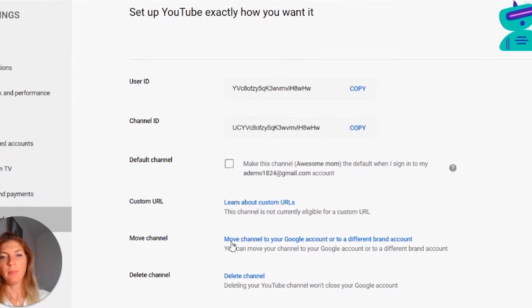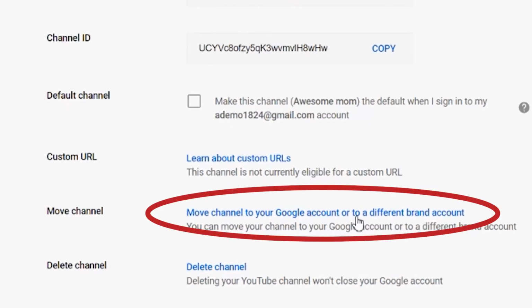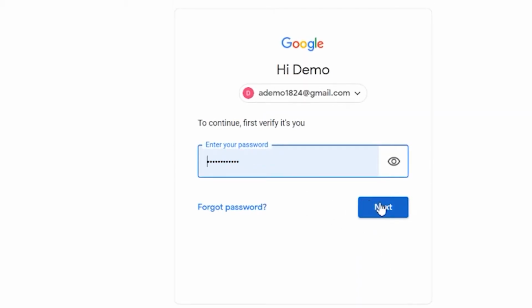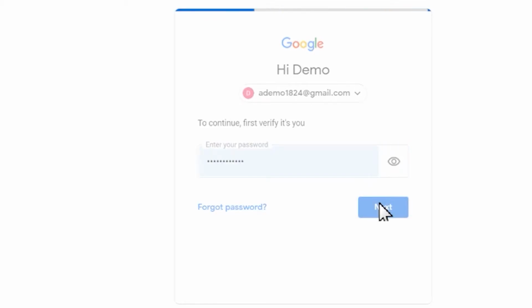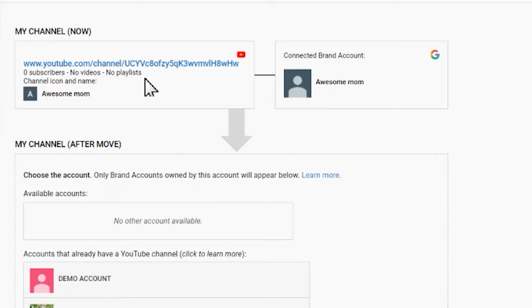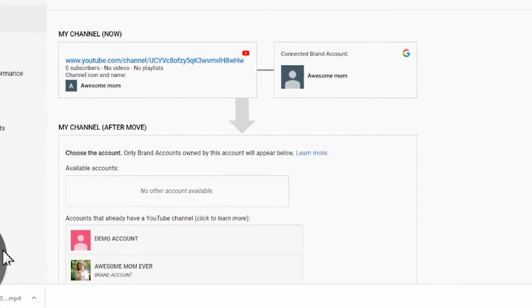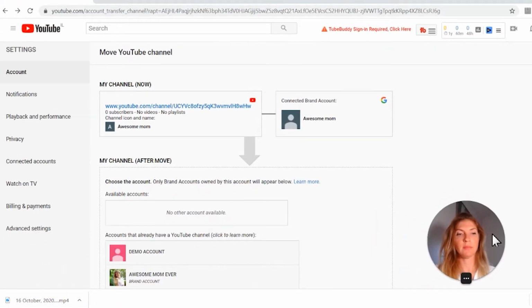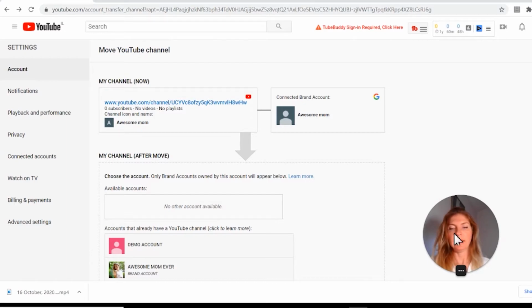And here you'll see move channel to your Google account or different brand account. Click on that. Type your password. Google wants to make sure it's actually you. And now from this advanced settings, you'll see your new brand account here. Click on that